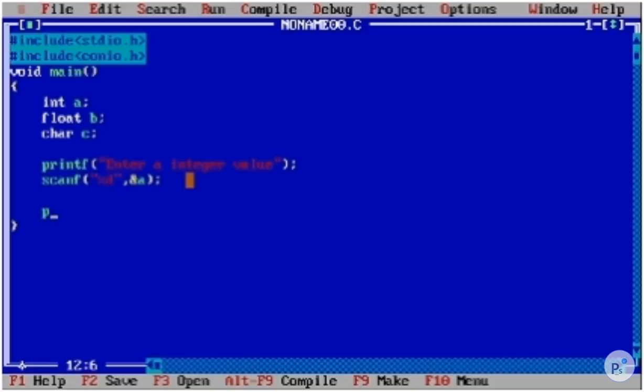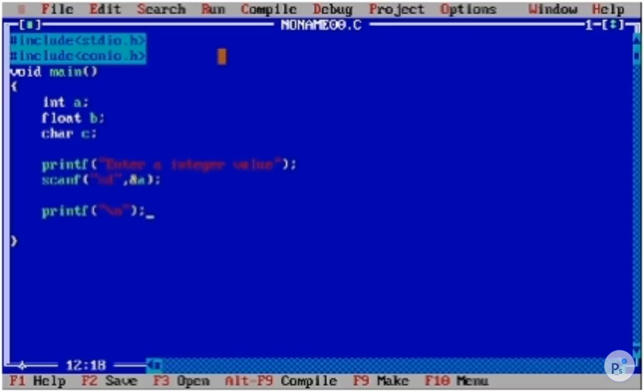So again, let me put one blank line, next line, printf \n.